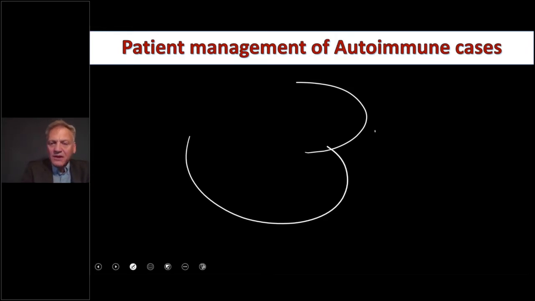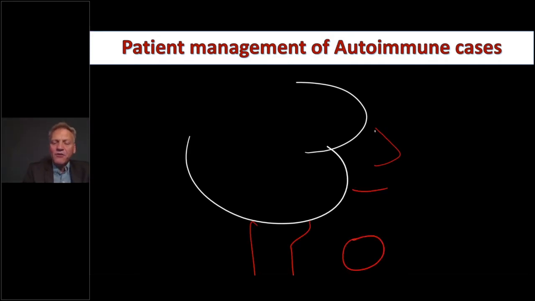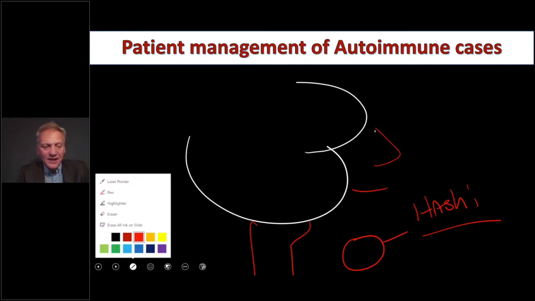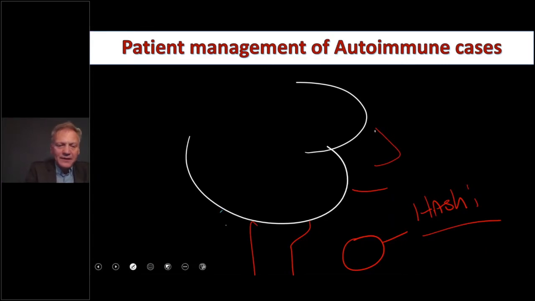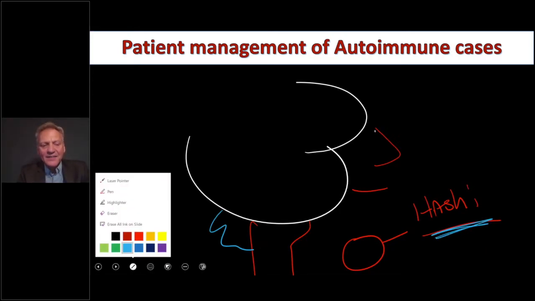So here we go. Let's try to encourage it to do better. Okay, so down here you have the thyroid. If you have Hashimoto's, sorry about the red color, that's really bright. Let me try a different one, ease that up a little bit. Okay, so if you have Hashimoto's, the antibodies that attack the